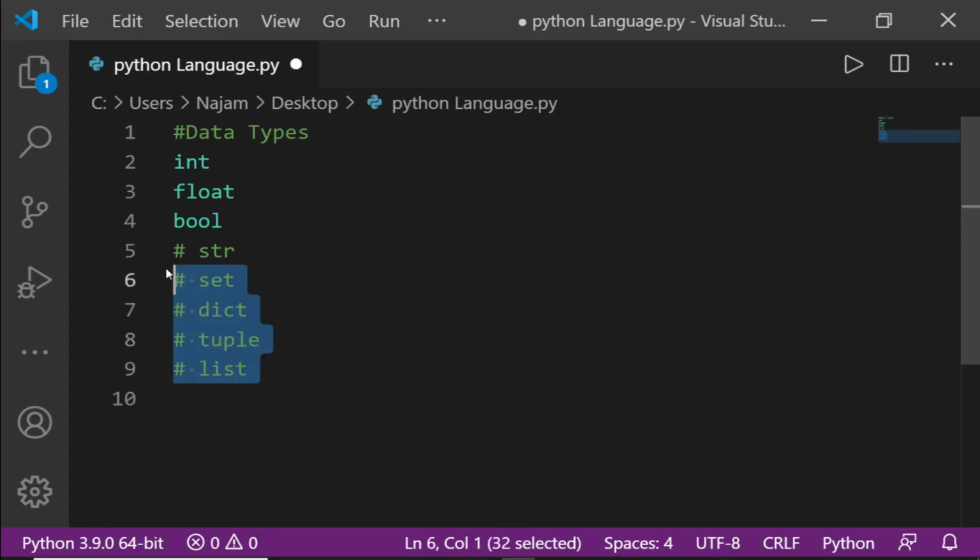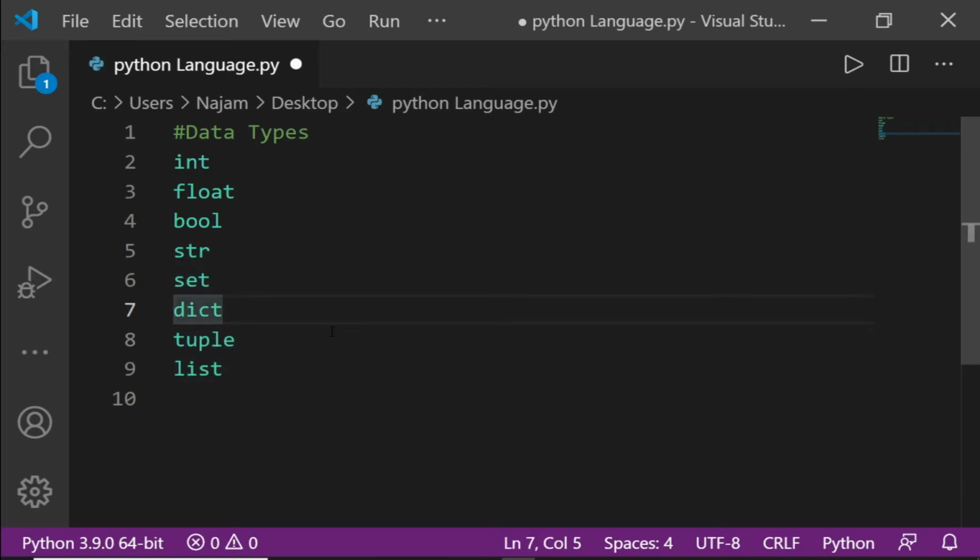Besides these, which are data types in the Python programming language, we have some other data types as well that we ourselves will create, like classes. We just create these ourselves. This we can also call custom.